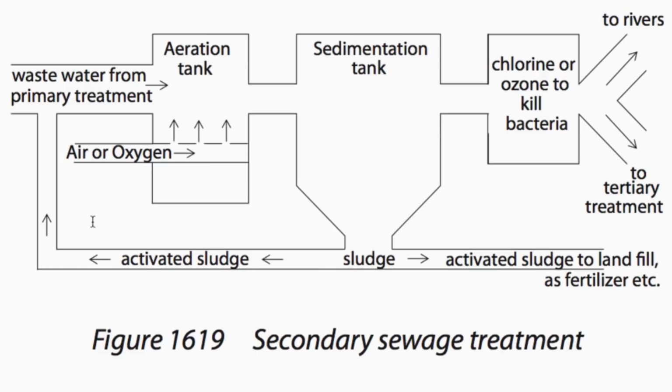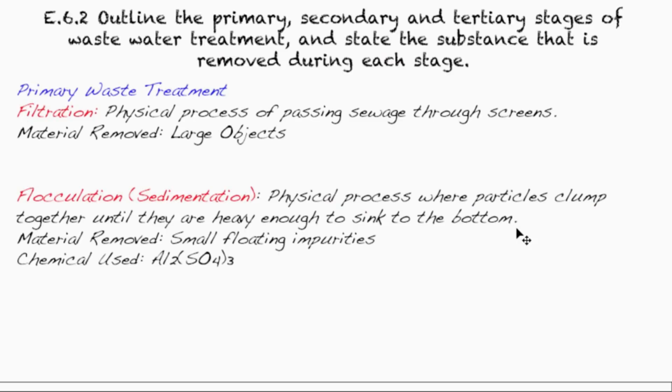So some of the sludge might be taken back to be processed a couple times, and some of this sludge will help replenish some of the bacteria in the aeration tank. And then some of this will still be, of course, organic material, so it could be useful as a fertilizer. Any of the water will go through, again, another kill zone to kill the bacteria, and that can be, again, depending on the BOD value, sent directly into the rivers or to tertiary treatment. So to summarize that,